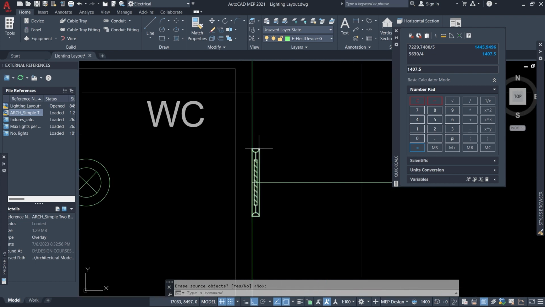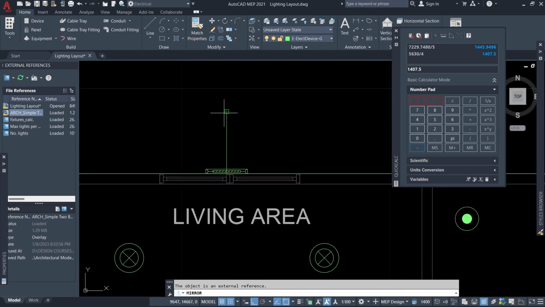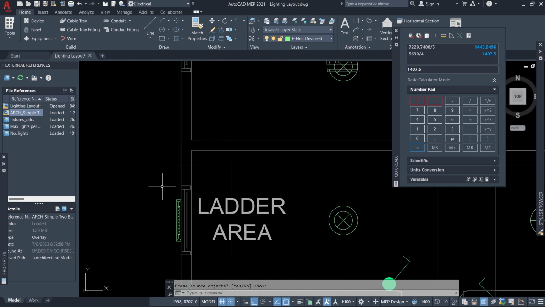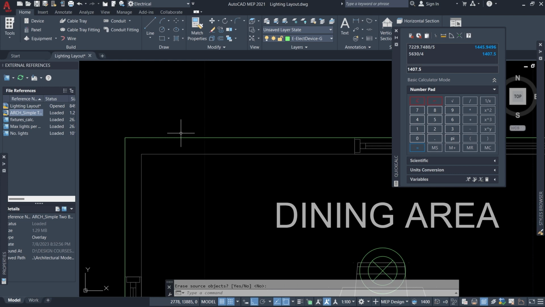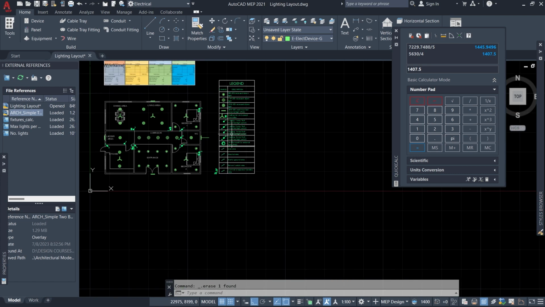Okay, so we'll mirror this one also, and you should see this over here as well. So now I can clean all the references. Okay,